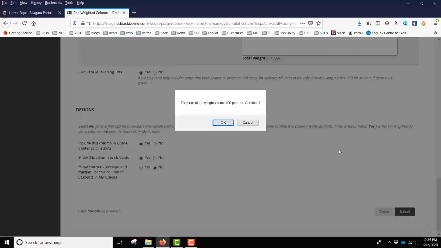I am getting a warning here just to let me know that my sum is not 100%. In this case, it is just a warning. That's totally fine. I just have to remember to come back and make sure that I put the rest of my student assignments in so that those get included in that final grade. When I click on OK,